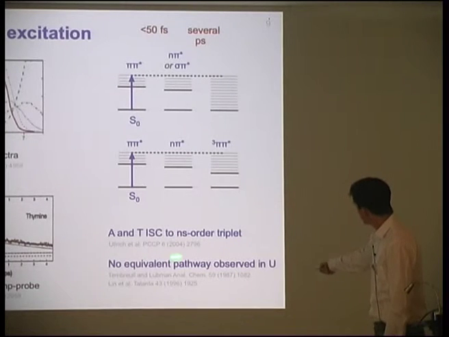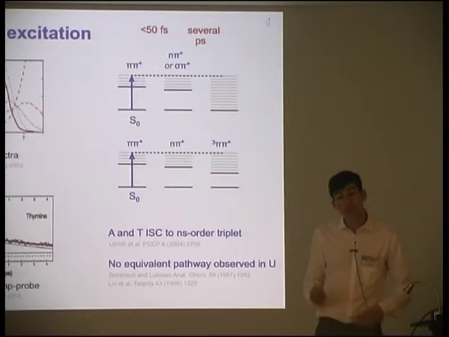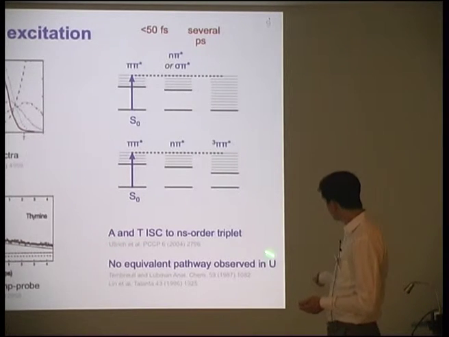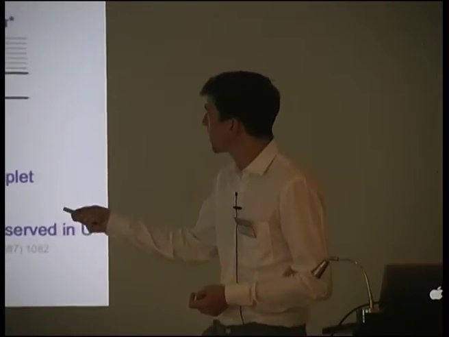This long-lived relaxation pathway has been observed for adenine and thymine. It hasn't been observed for uracil. Indeed, previous experiments using our kind of timescale lasers looking at uracil haven't been successful, but ours have. So this is a natural target for us to look at a bit more carefully, seeing as previous people haven't looked at it in this way.